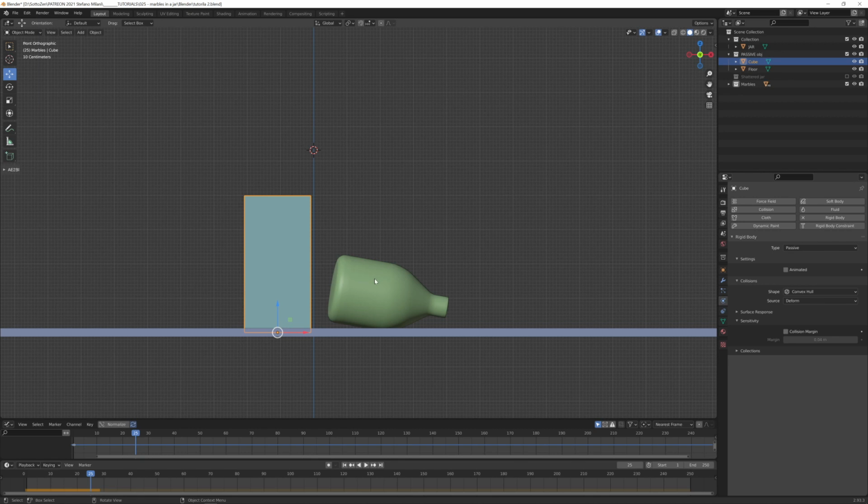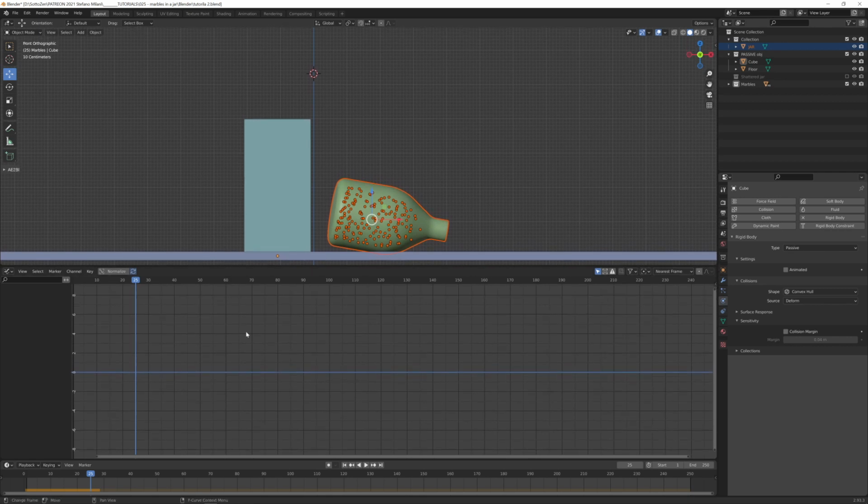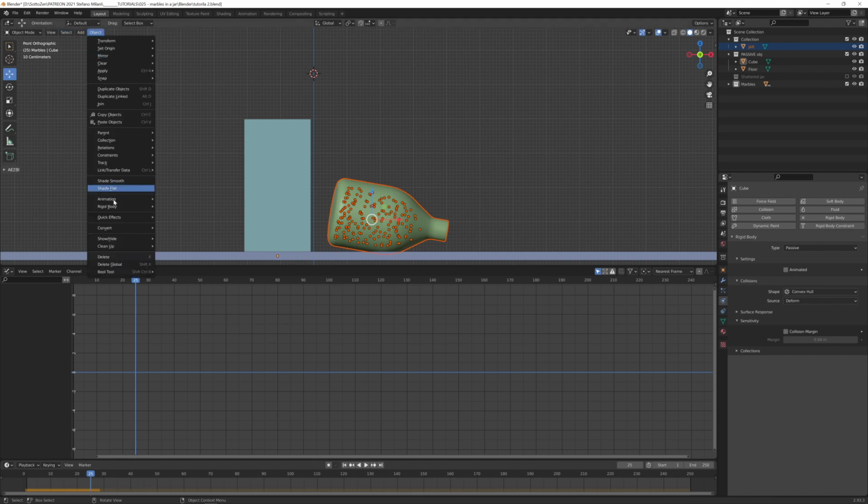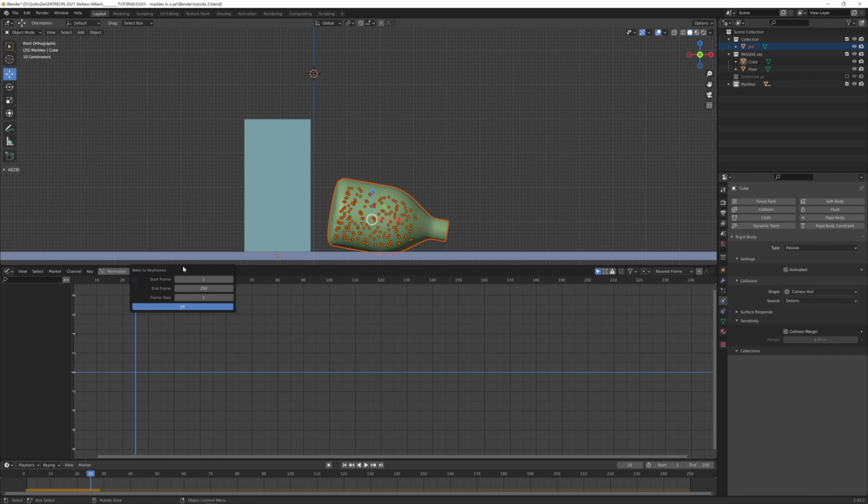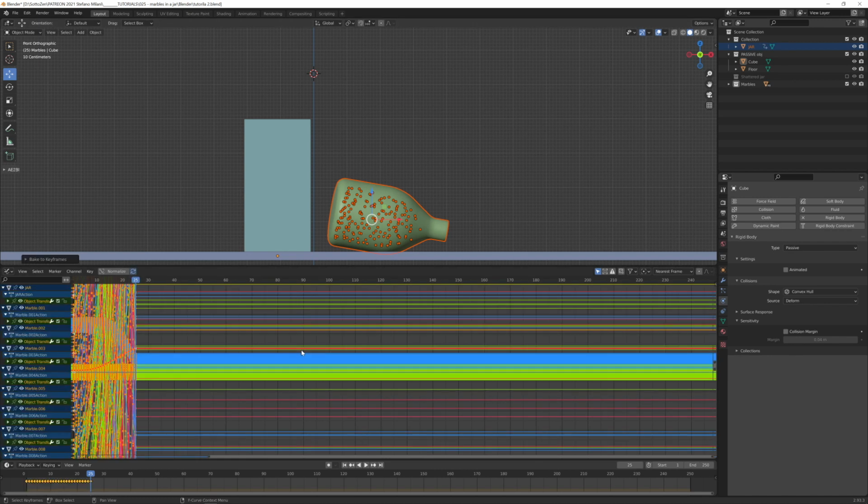To do this, what I found as a good solution is to let's select everything and just deselect these elements. So now I have my jar and all the marbles selected, and also I will make this graph editor more larger. What I want now is to convert this simulation into actual keyframed animation, and we can do this in Blender going here, rigid body, bake to keyframe. So we know that the starting frame is the first one, and we know that we want this until frame 25. So let's press OK, and let's give Blender a few moments to add a lot of keyframes to our